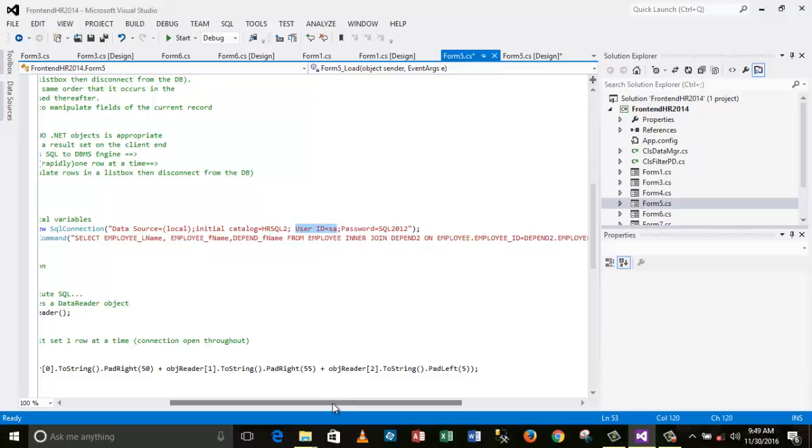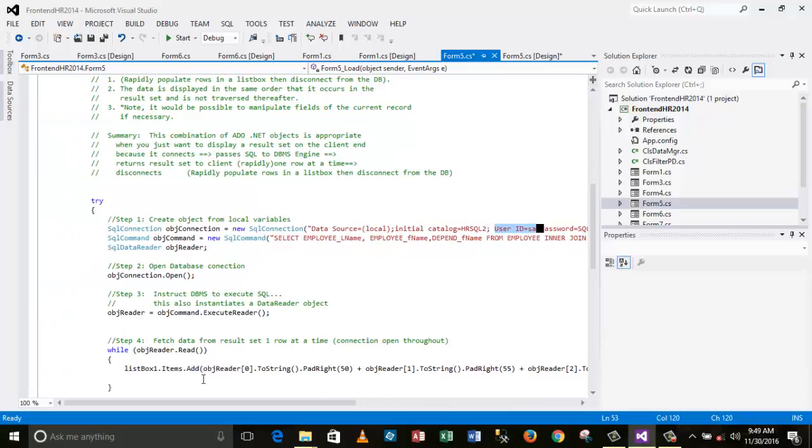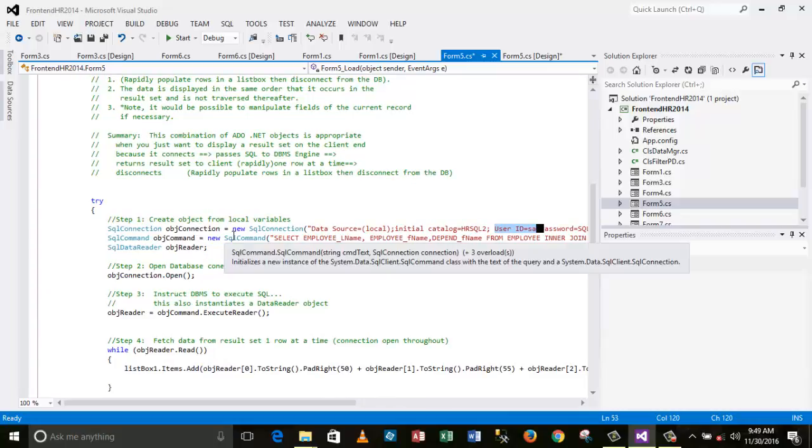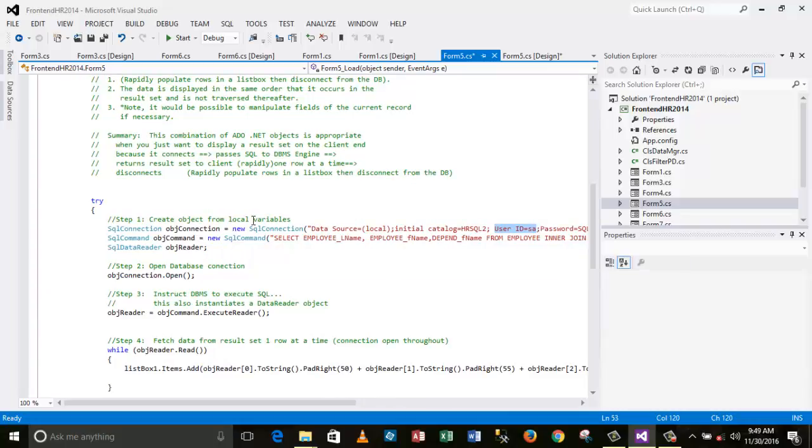All right, so I have wired up the connection, but I haven't actually connected yet. There's still a method that I have to employ on this object. But at this point, I've wired the connection class, and then when I instantiate it, that object, OBJ connection, is going to be designed to interact specifically with the local server's HRSQL2 database through